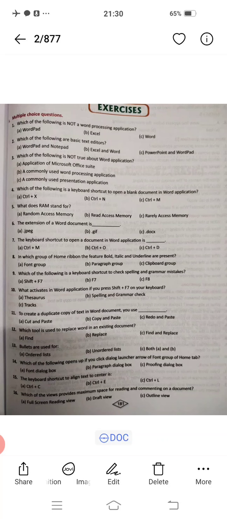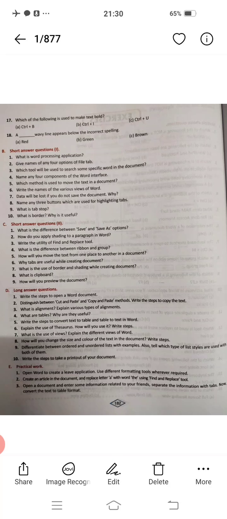After that, all the multiple choice questions you have to do obviously. Then from here only, from question number B, do only those numbers which I will tell you. Like from B, question number 1, 6, 9 and 10.